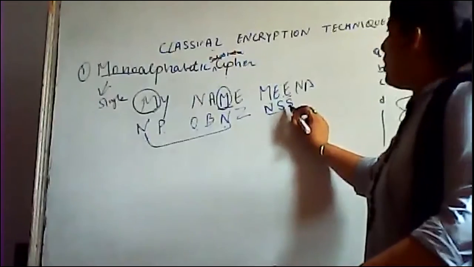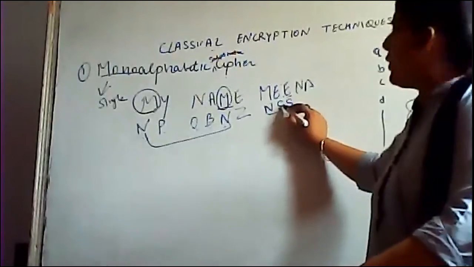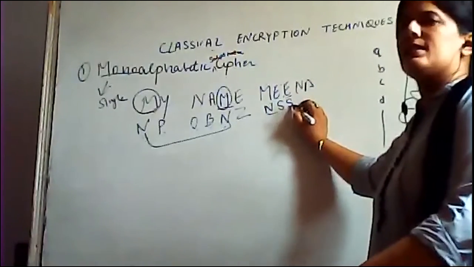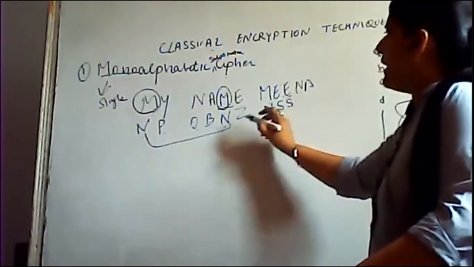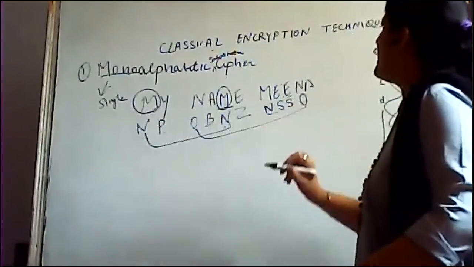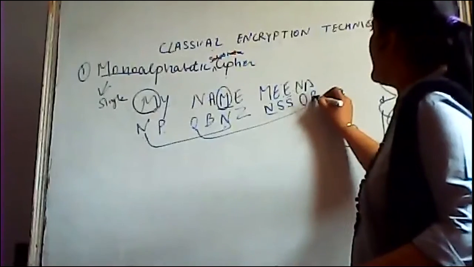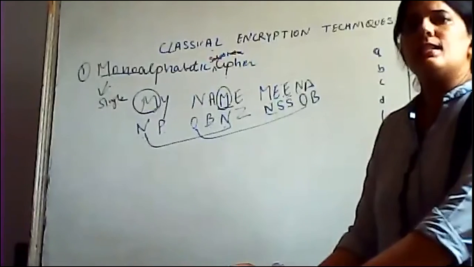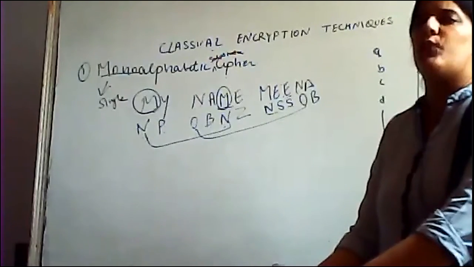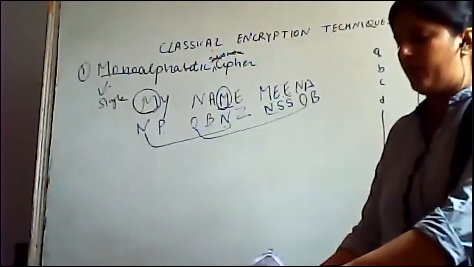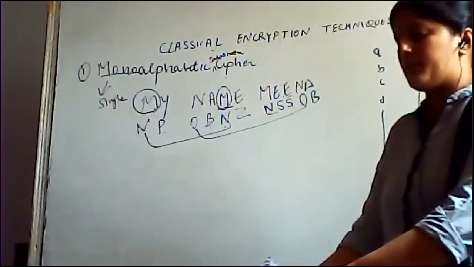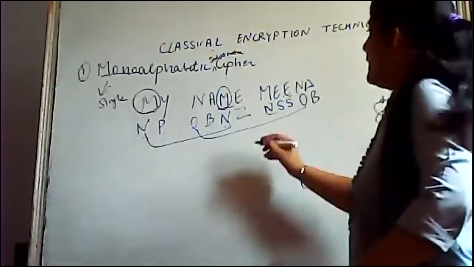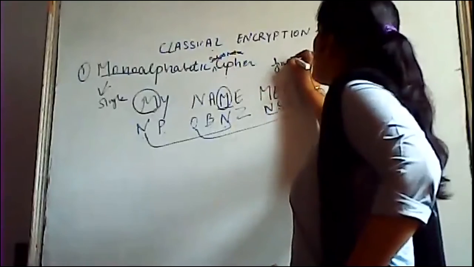Why so? Because you have given a single substitution for that single character. So that E, every time that E will be representing as S. Again you are having that N, so N will be represented with O. And you will represent that A with. Fine. So this is the working of monoalphabetic substitution cipher, that in which a single substitution for each alphabet is used throughout the process. Means in this particular case, fixed substitution is there.